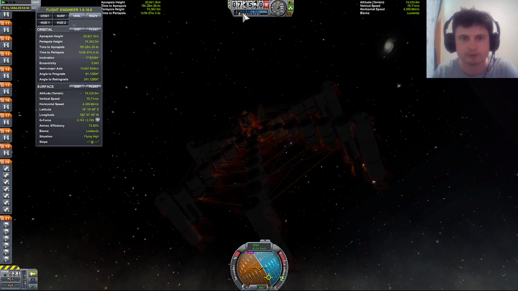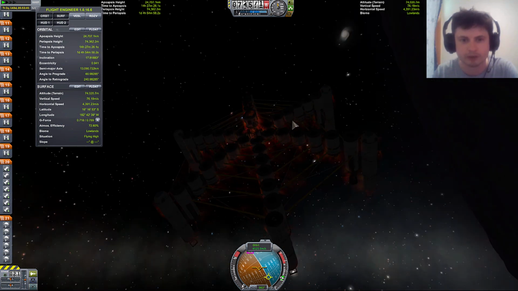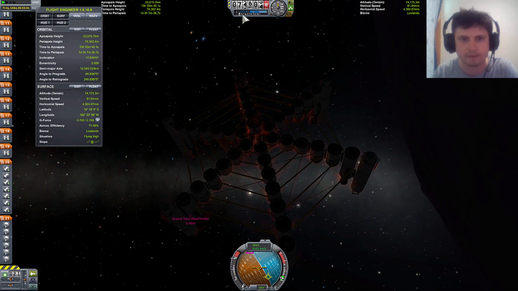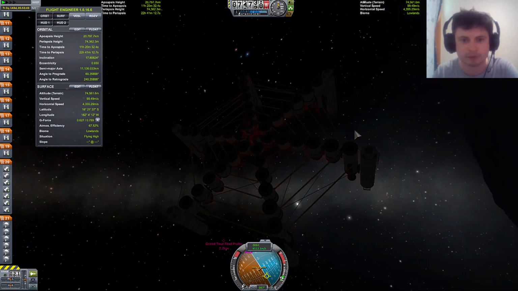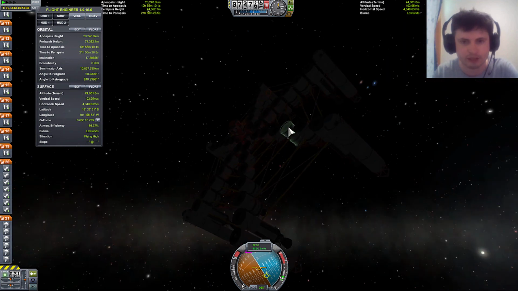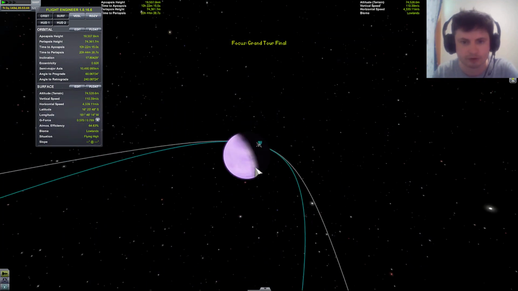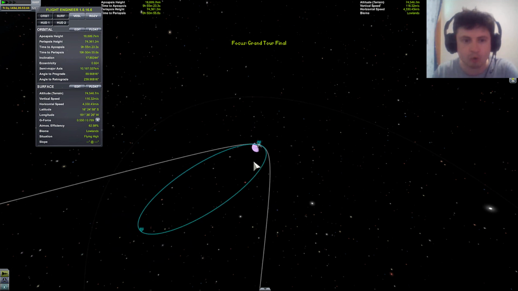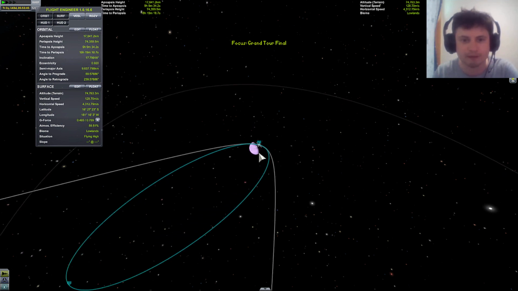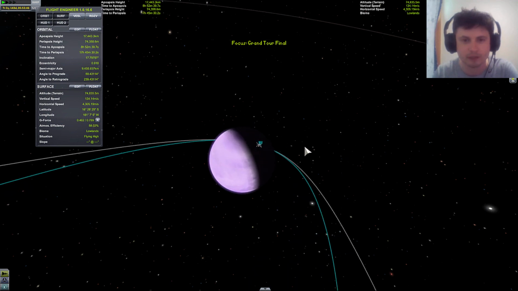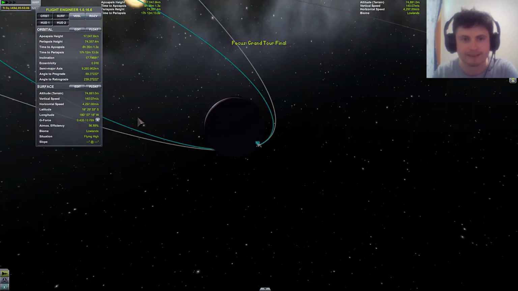So I was able to survive with this no heat shield design. I think it was atmospheric pressure of about maybe 21% ish. 21%, sounds about right. Okay, so we did survive this. Let's see how our orbit is. Oh, that is awesome. Look at that. We did get into orbit around Eve with no heat shields, no air brakes, nothing, and no